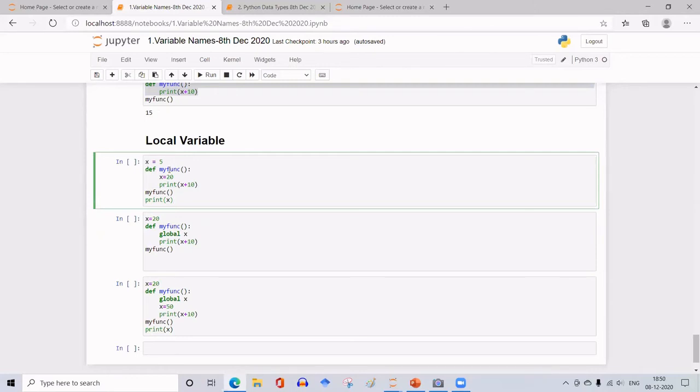So for example, here, before defining the function, the variable x has 5 as the data in it. And within this function definition, I'll assign a different value to that x. Here, x is a global variable, and I am assigning a different value, 20, to x within this function definition code.